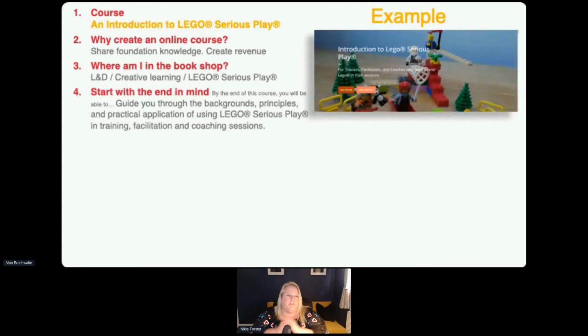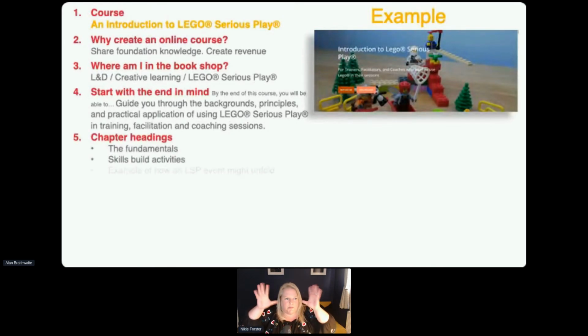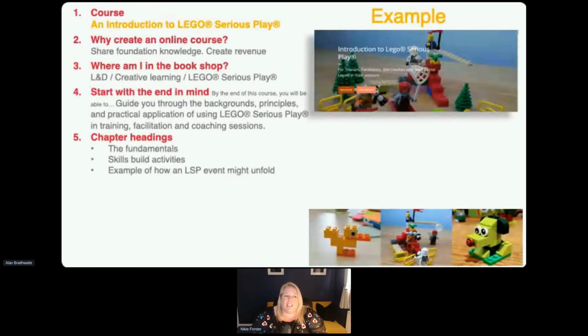And the reason why I've got those 3 at the end is because they are actually a little different to each other, and I want coaches to recognize that this is fine for them as well as somebody who trains or facilitates. Okay, so that was my statement. That's what I had in mind. So I only actually have 3 chapter headings that I really wanted to cover in this. The first one being the fundamentals. So that's like the background, the principles and the methodology that people can use within this. There's some etiquette in there as well. Skills build activities.